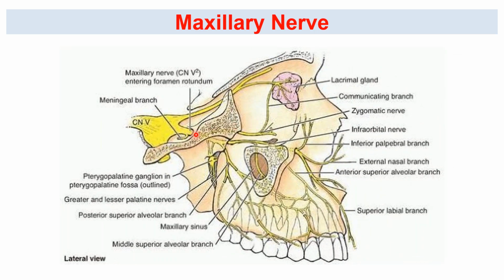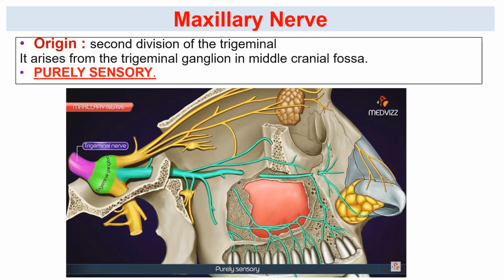So let's see the course of this maxillary nerve. And we know that it passes through the foramen rotundum. This was the middle cranial cavity area, and it passes through the foramen rotundum. When it passes through, where will it enter? This is the base of the sphenoid bone, so below it is all the pterygopalatine fossa area. This is the pterygopalatine ganglion, which is over here in the pterygopalatine fossa. So now let's see the maxillary nerve.